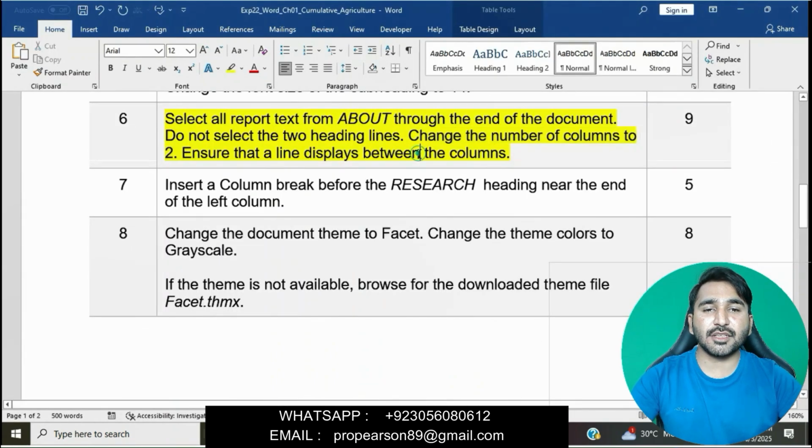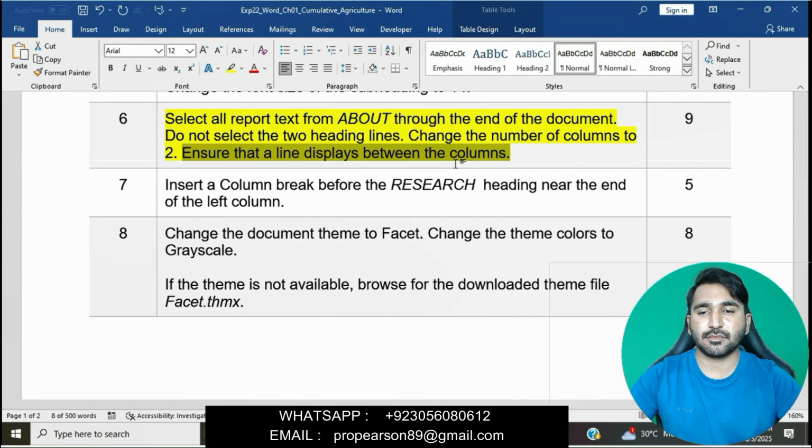Now ensure that a line displays between the columns.